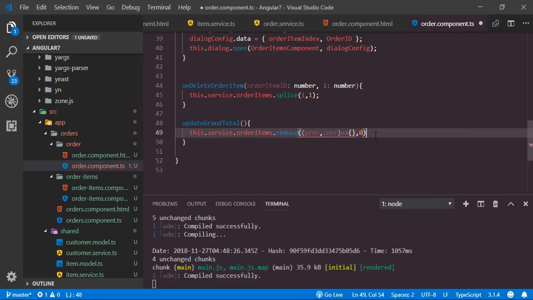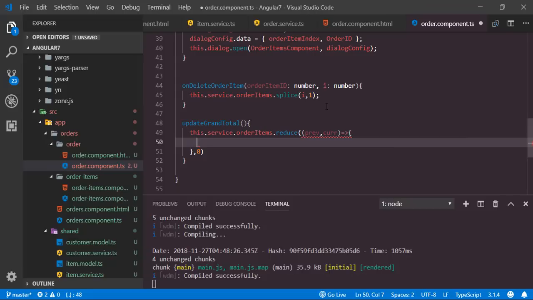So this is what happens when we call the reduce function on an array. Here we have the arrow function. It is also called the reducer function. This reducer function will be invoked on each item inside this array from left to right, meaning from the 0th index to the last index. The current element will be inside this second parameter here, and with this second parameter here we have initialized this previous parameter. Inside this function we just need to do this return